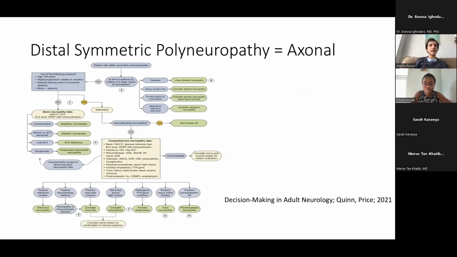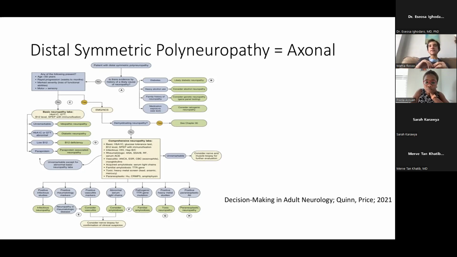All right. So I adapted this schema from a really good book that I recommend to all students, I think especially for residents though. It's a book by Price, that was released last year, and it asks how to deal with the distal symmetric polyneuropathy. So again, distal symmetric polyneuropathy is the more formal way to phrase or to think about the glove and stocking phenomenon. And I really like the term because it really gives us a good descriptor, I feel.